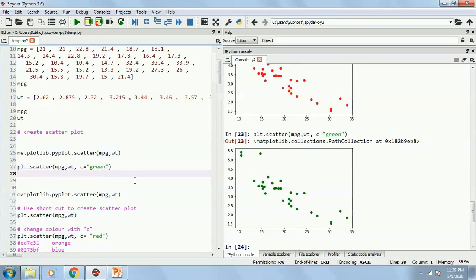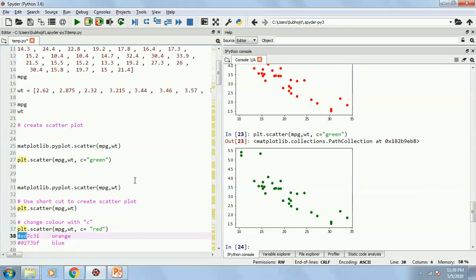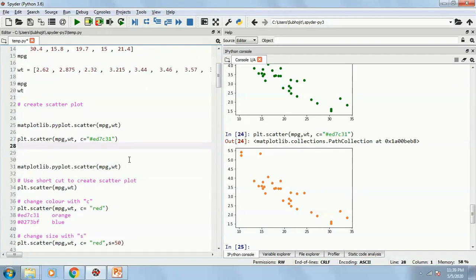It has become green. So any color you can use, or you are even allowed to use the codes of different colors. You can use a color picker to capture the code, and you can put it over here. It's an orange. Okay, so you can use it.